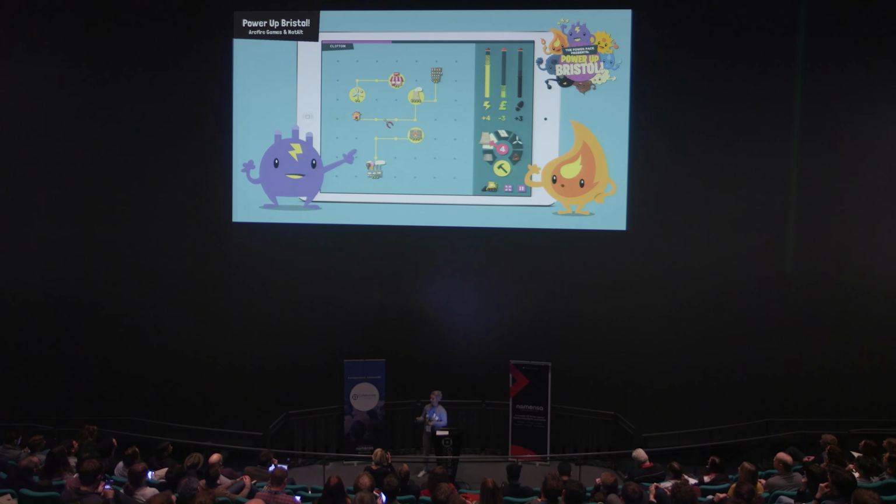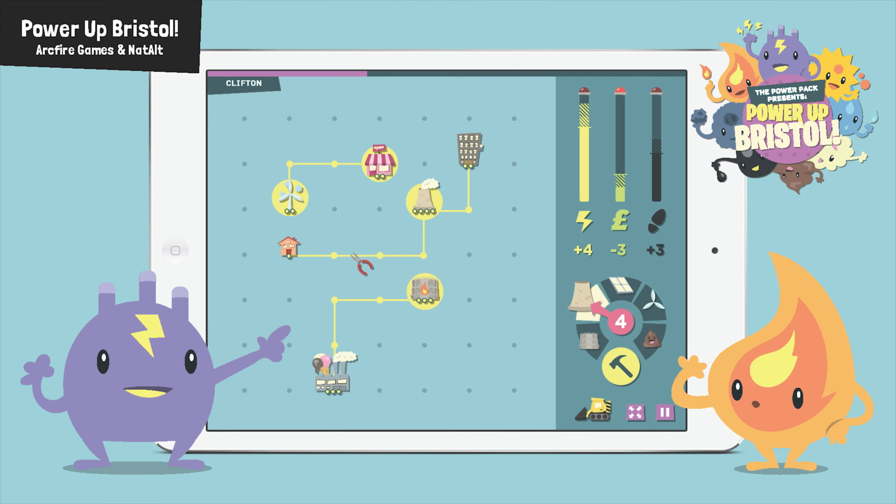People don't like to particularly engage with the concept of climate change and green energy. So this is Power Up Bristol. It's a game where you choose which sources of power you want to place in Bristol and manage the energy needs while trying to keep your carbon footprint in check. So my design philosophy with this, and I do a lot of science communication as well, is that it's fun first. So it's fun experience in its own right, and then you almost accidentally learn something.